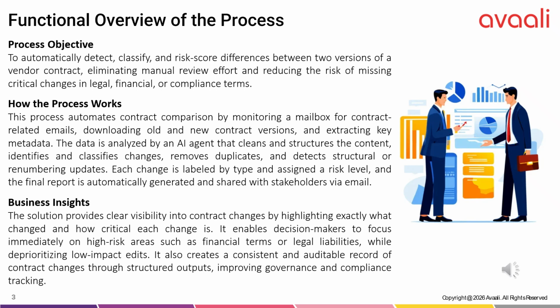In terms of how it works, the process begins by monitoring a mailbox for contract-related emails. Once received, it automatically retrieves both the old and new contract versions and extracts key information. An AI agent then processes the content, cleaning it, structuring it, identifying changes, removing duplicates, and even detecting structural updates like clause renumbering. Each change is categorized and assigned a risk score, and a final report is generated and shared